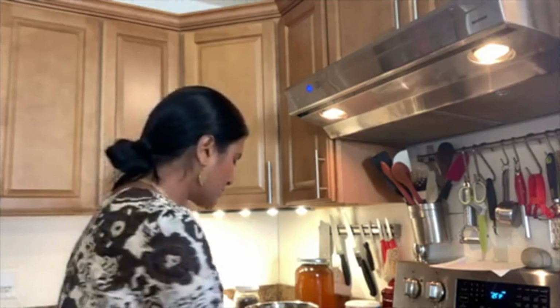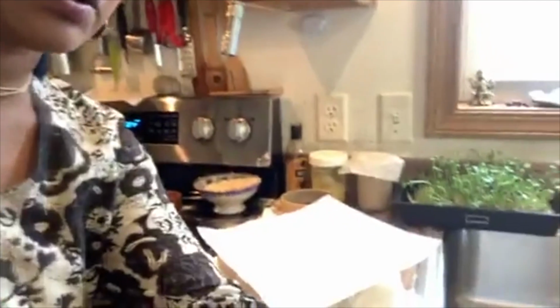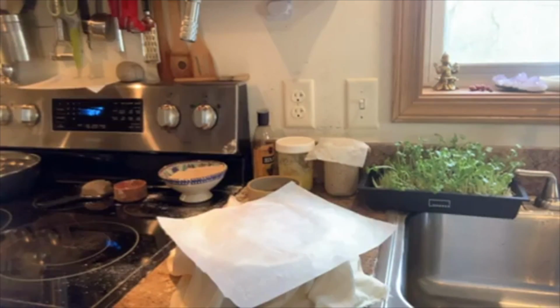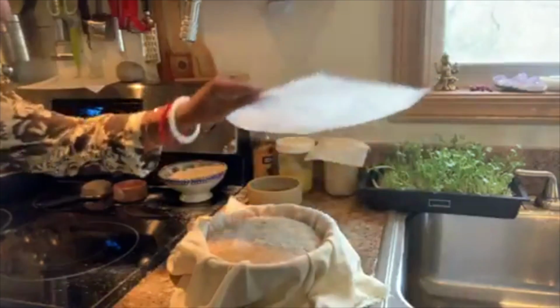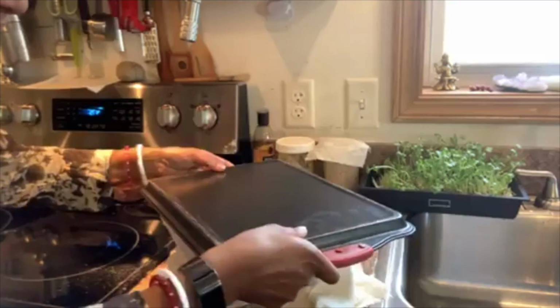So what I do first is I want to topple my dough over. We don't have a Dutch oven. I'm going to show you what to use if you don't have a Dutch oven in just a little bit. Okay, can you see that very carefully? I think you can. I placed my parchment paper over my bowl, and then placed